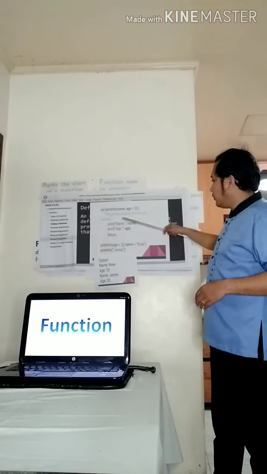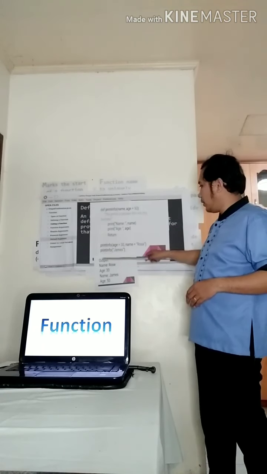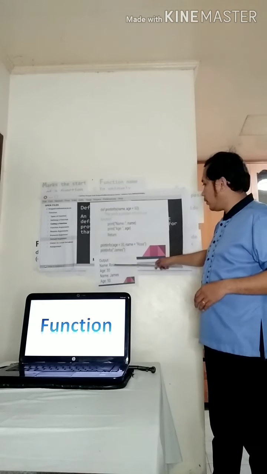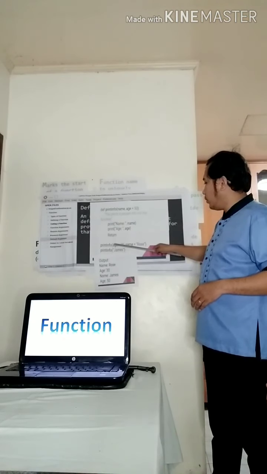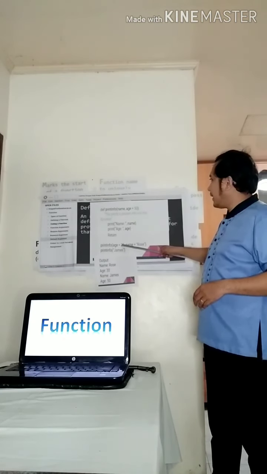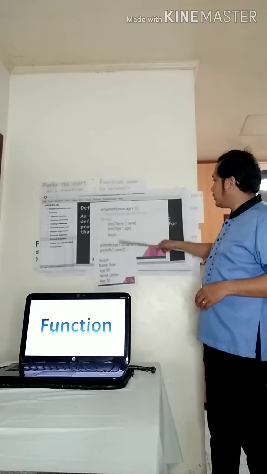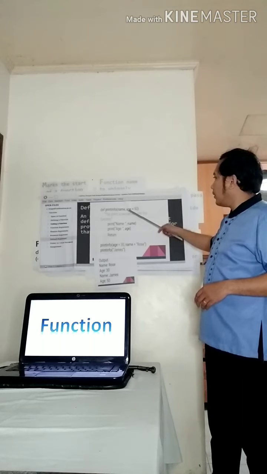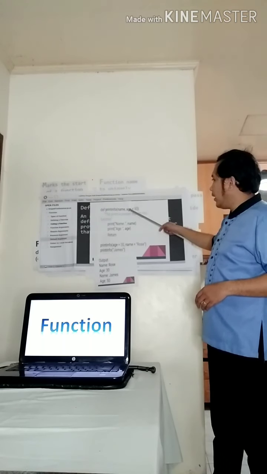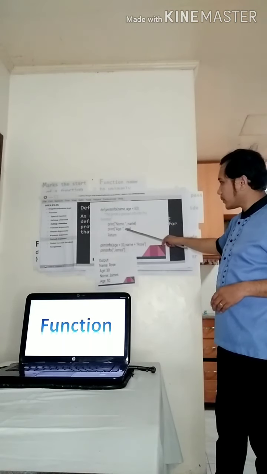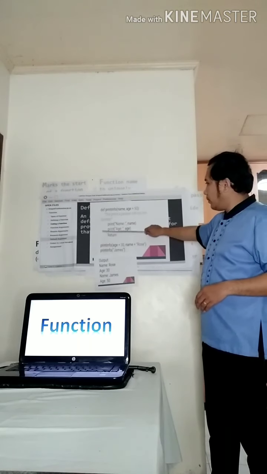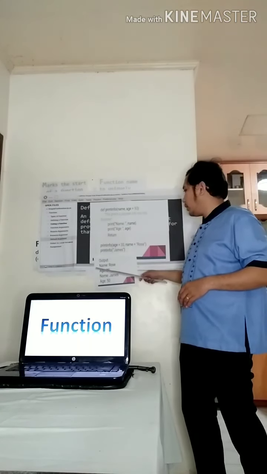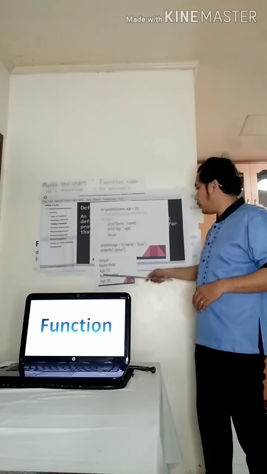That's why we have the output of name string and the value rows, and then the age with the value of 30 passes its value to our argument, and then to our main program.